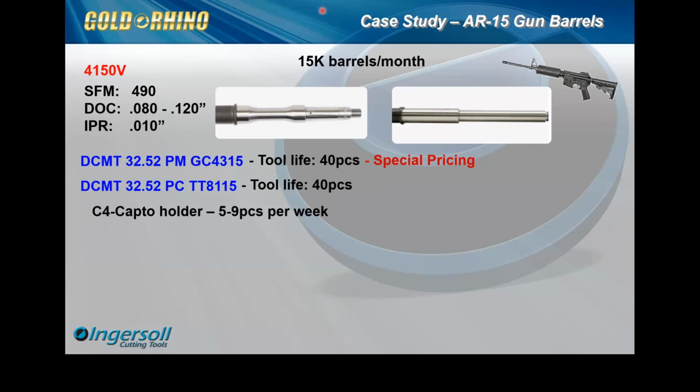So moving forward, we observed a couple things in the shop. And one, as you can see, is C4 capital holders, one of their holder types. And we saw a 5-gallon bucket full of C4 capital holders, not packaged, sitting on top of each other. So we had to ask. And their response was the capital holders were part of their usage due to the breakage. They were damaging the pockets. So after we had learned that, we proposed Gold Rhino